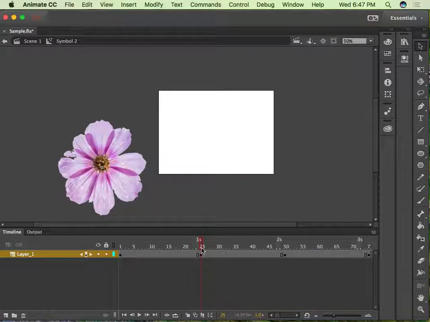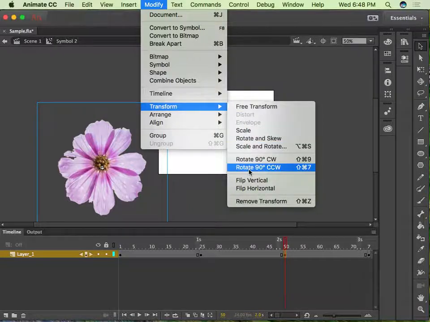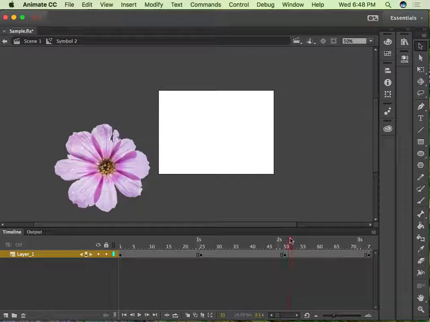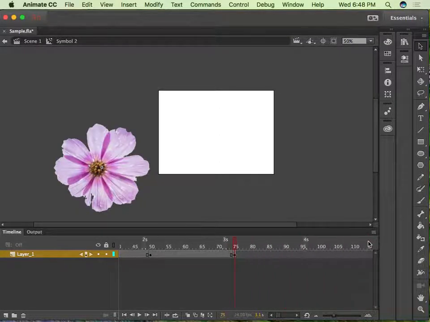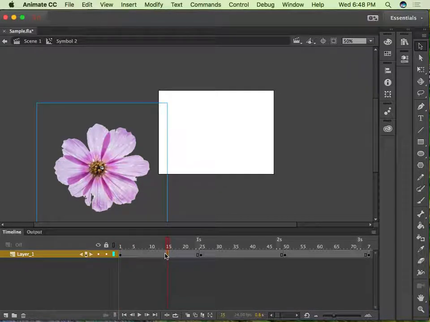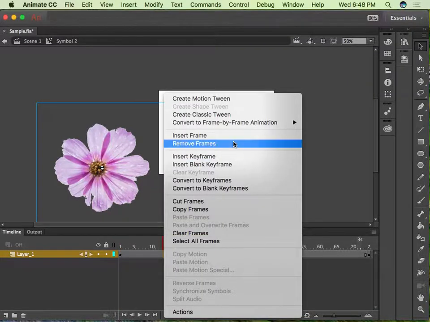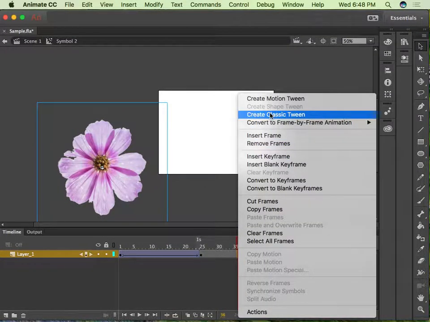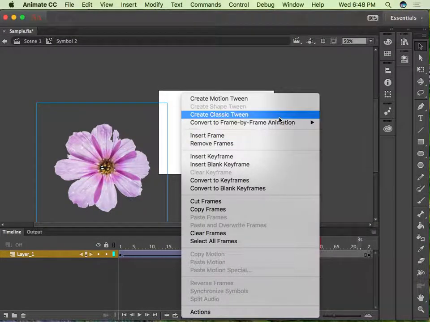Alright, so I have a 90-degree counterclockwise rotation here on this keyframe. I'll have to do another 90-degree counterclockwise rotation here. So I'll do a transform and then a 90-degree clockwise rotation there. So I have that one, and then this should bring me back to my original. Alright, so now that I have that ready, I'm going to apply my tweens. So control click classic tween, control click classic tween, control click classic tween,